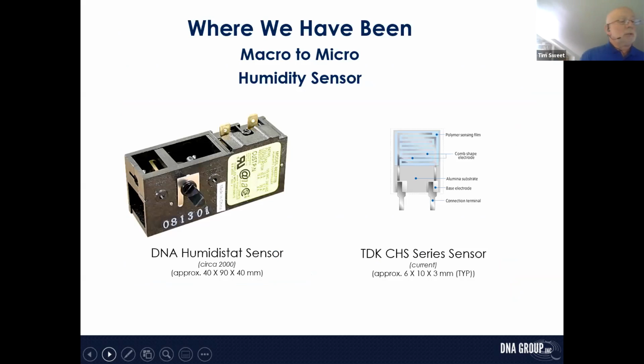If you are younger or have simply forgotten, the picture on the right is a humidity sensor that was very common in usage in the early 2000s. Think about it. In 2000, we were using a large, clunky device about the size of a TV remote that functioned with a moisture-sensitive tape in an enclosure housing a snap-action switch to sense humidity changes to control the humidifier or dehumidifier, etc. This one is actually one of ours, but there were many competitors in the marketplace at the time.